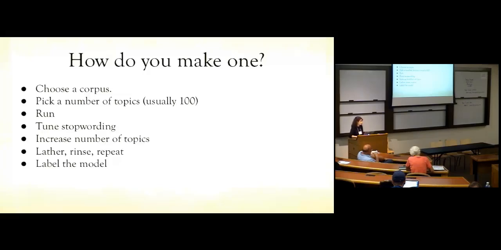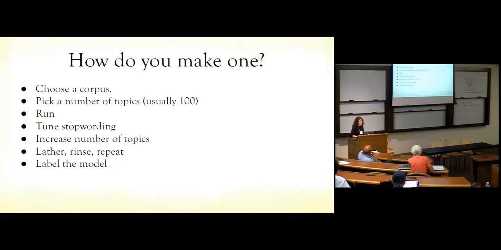So typically you select a sample from a big corpus. The documents want to be no more than 1,000 words or so long, and for legal text that can be a little bit tricky. You need to make some decisions about that. Pick a number of topics. We have usually started with 100, depending on whether the corpus is that variegated. You could start with something closer to 50.